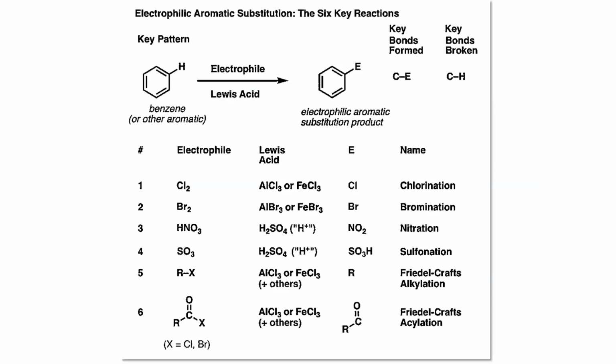So these are the 6 key reactions that we have already talked about. That is halogenation, due to the addition of chlorine as well as bromine. Then nitration, sulfonation, Friedel-Crafts alkylation and Friedel-Crafts acylation. These are the electrophiles, the reacting agents, that are attacking, and we can obtain the desired product that you will be able to see in the next slide, how the reaction is